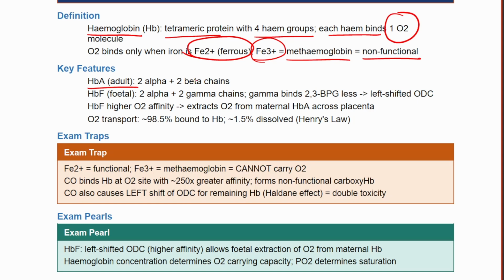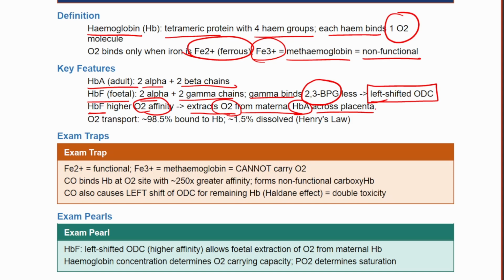Adult hemoglobin is composed structurally of 2 alpha and 2 beta chains. Fetal hemoglobin is composed structurally of 2 alpha and 2 gamma chains. Because the gamma chains bind 2,3 BPG less, hemoglobin F exhibits a left-shifted oxygen dissociation curve. More on it later. And this higher oxygen affinity allows hemoglobin F to effectively extract oxygen from maternal hemoglobin A